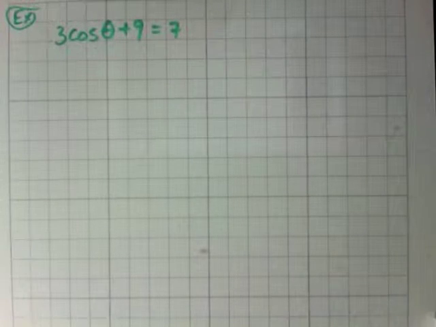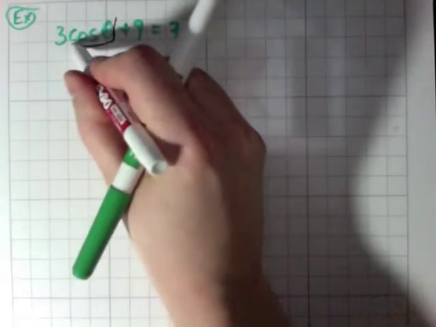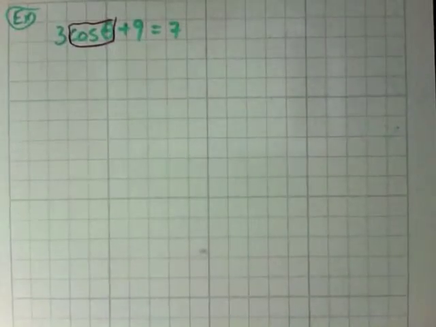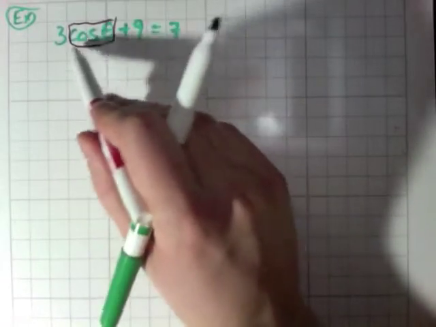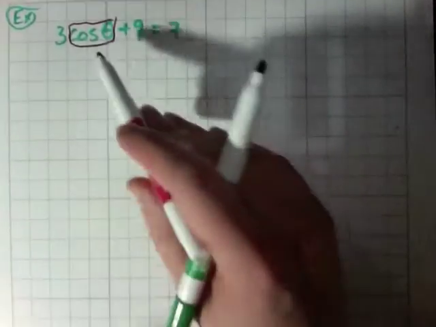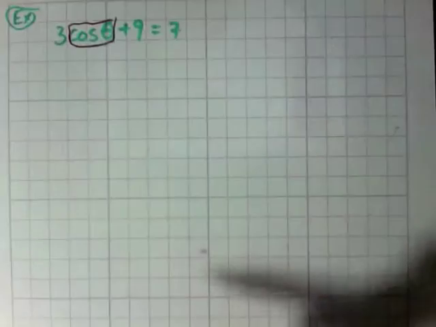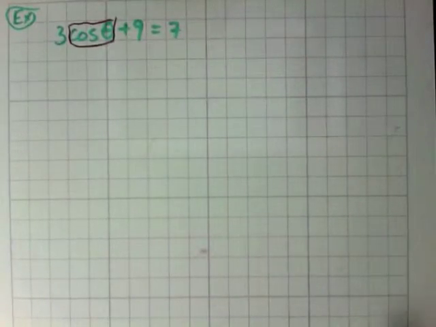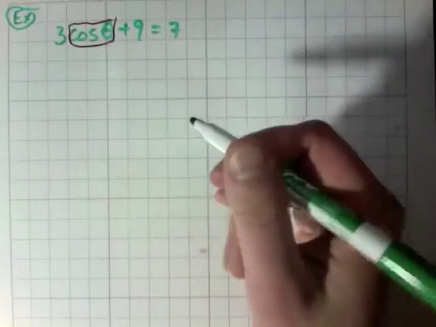But we're actually going to use some of our algebra skills, just like we did in the past. I'm going to isolate the cosine of theta. Alright, so I'm going to move everything else away. You could even imagine if this was just an x, if it said 3x plus 9, how would you have gotten x by itself? Right, we'd want to move this 9 and that 3 in order to do that. Alright, so that's the first thing we're going to do, and then we'll have a problem similar to the previous